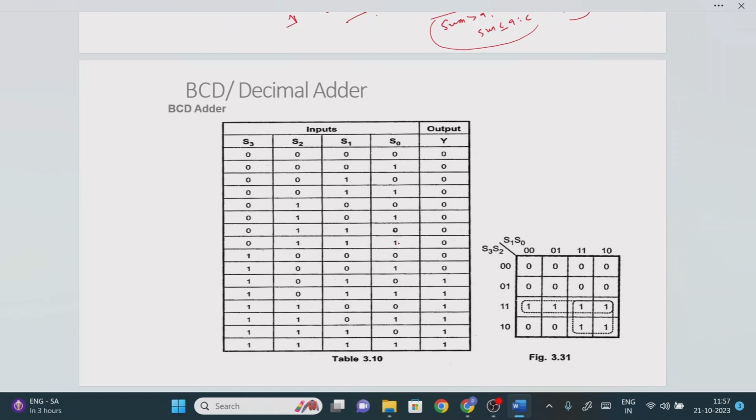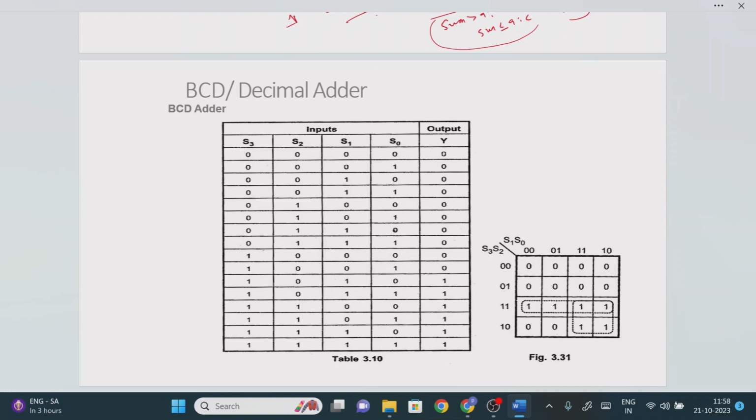Now we need to design some logic circuit, right? Whenever it detects the sum is greater than 9, or less than or equal to 9 with carry generated, it should be able to add the 0110 automatically. Now we'll see, using this truth table mechanism, why we need to add the 0110. As we discussed, the BCD number system is applicable only for the decimal number system, right?